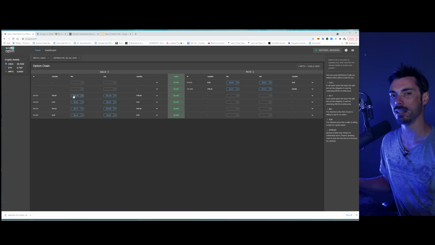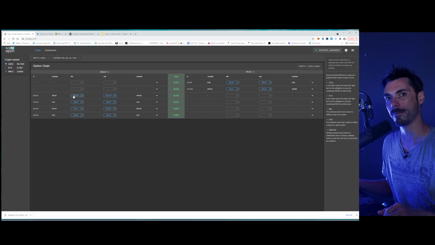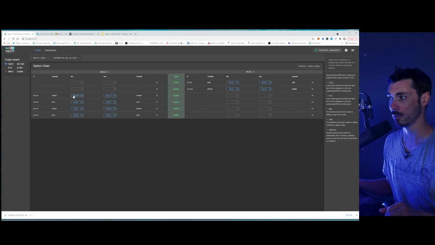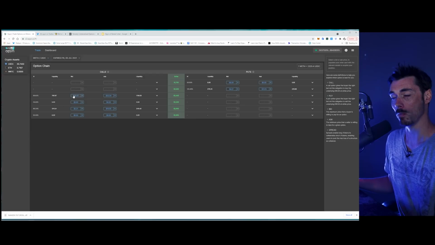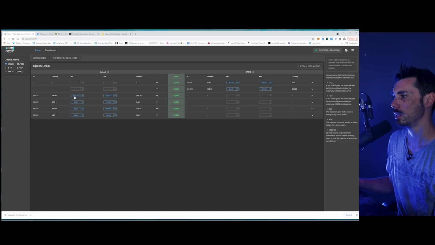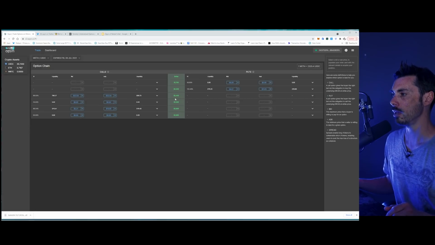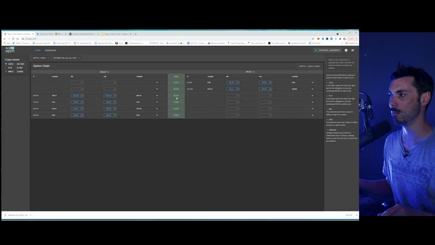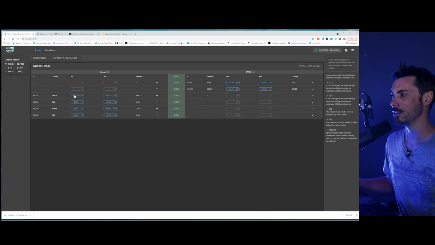So this blue box here indicates the premium. This is the premium that you will earn for selling these options, which is where you make your profit. And what we can do now is look at the strike price. If the price of ETH remains below that strike price, then I make the money. As you can see, there's no real options here for that. But if I were to say, okay, I think the price of ETH is going to stay below 2,400